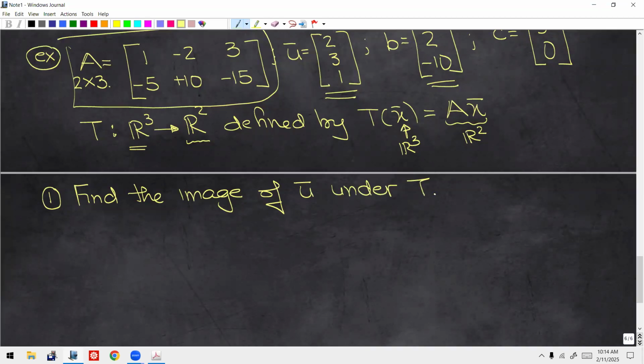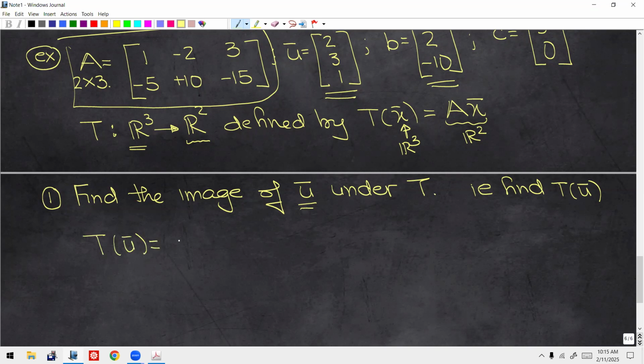So in essence, they've asked us, okay, what is the output if the input is U? So they've asked us to find T of U. That's what they've asked us. Okay, so let's do that. So to find T of U,